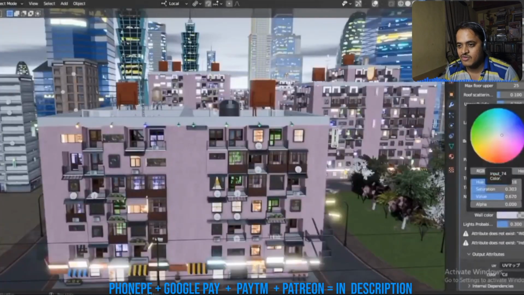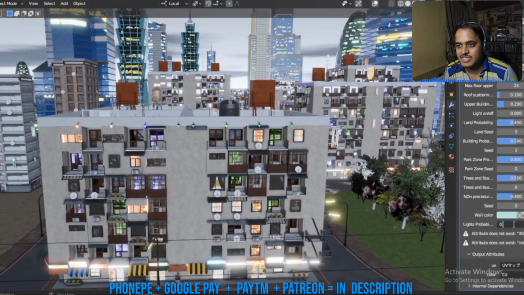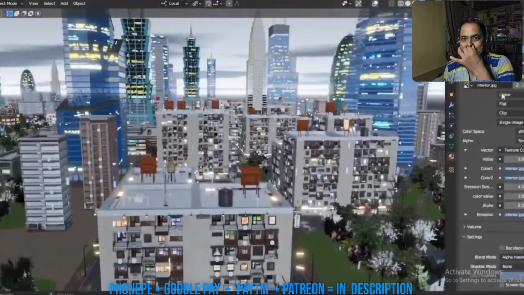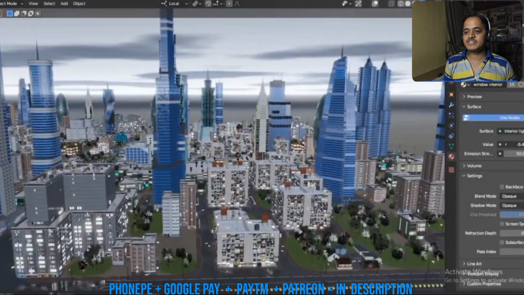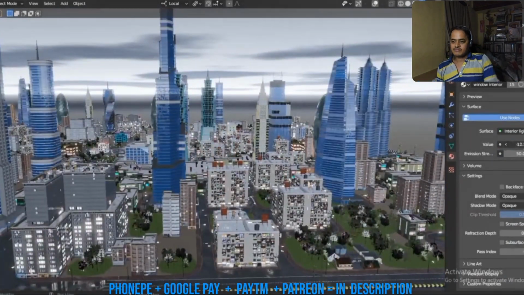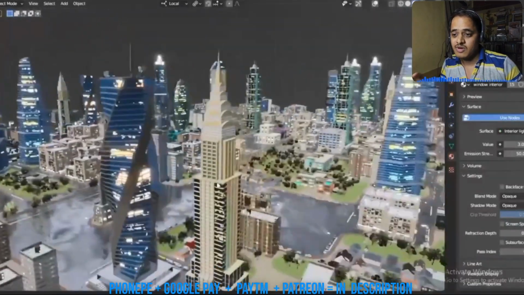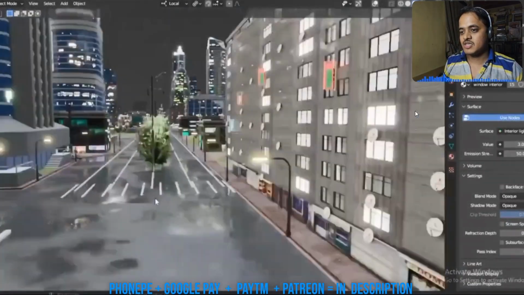Puddles of water, residential buildings, commercial buildings. It's SimCity in your face. They have even smaller houses. City Skylines will be like,